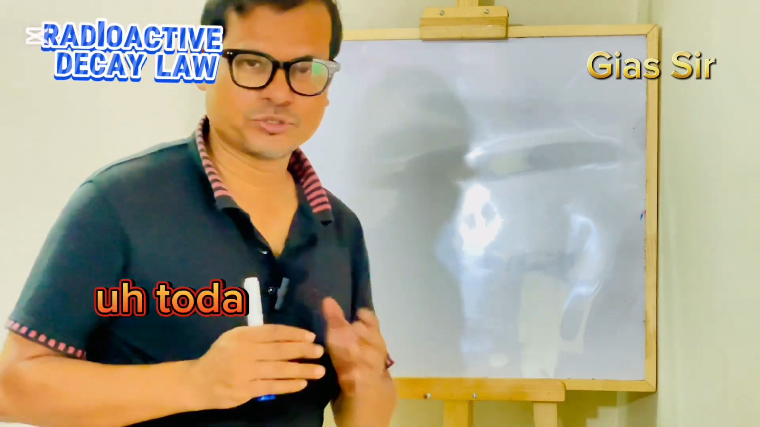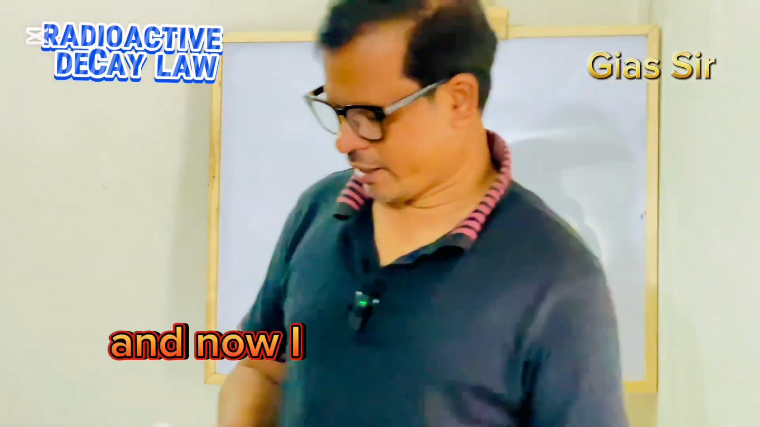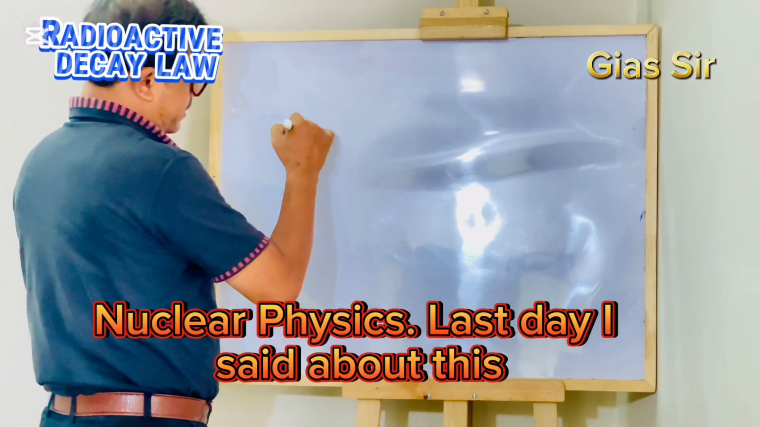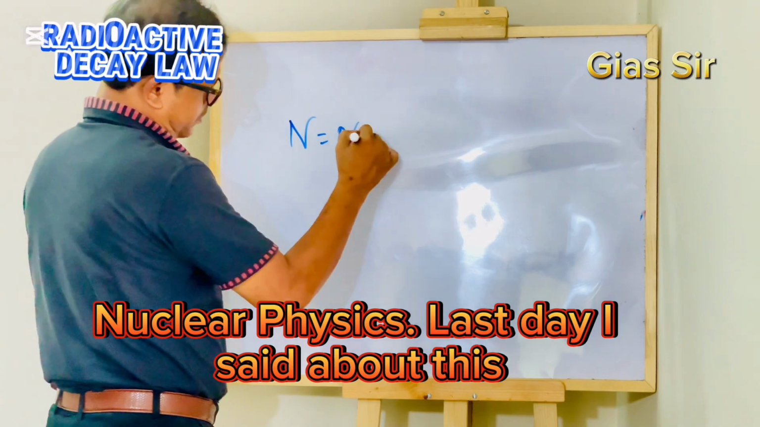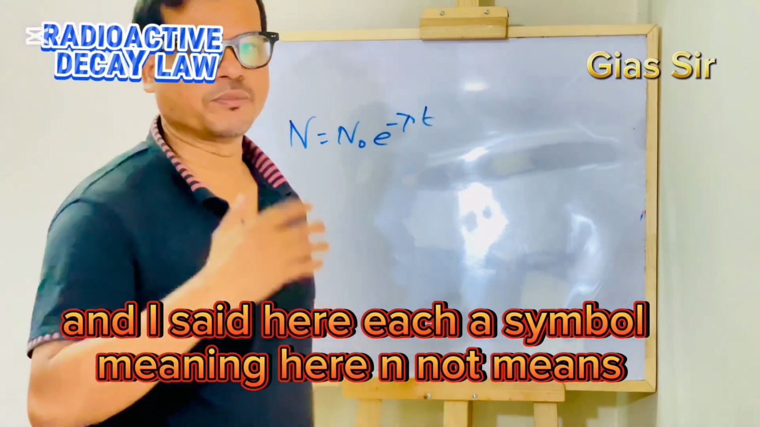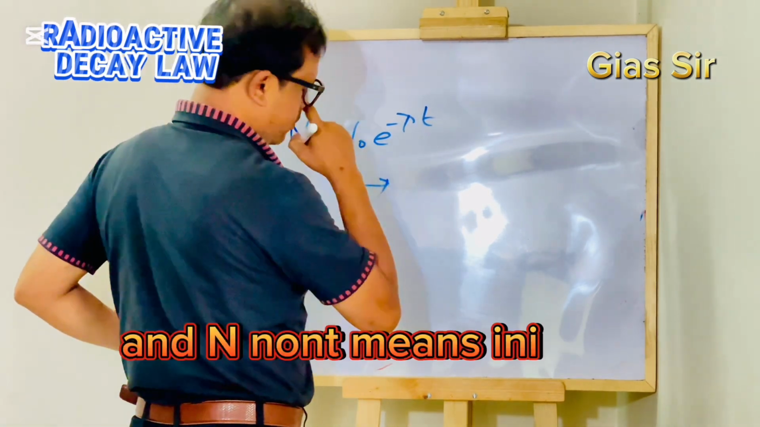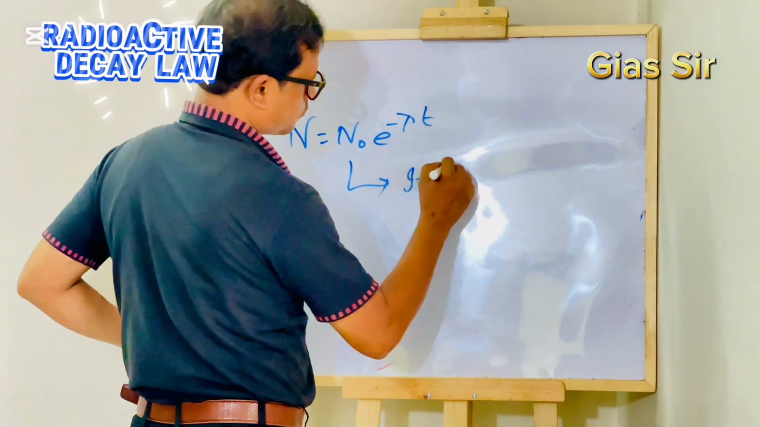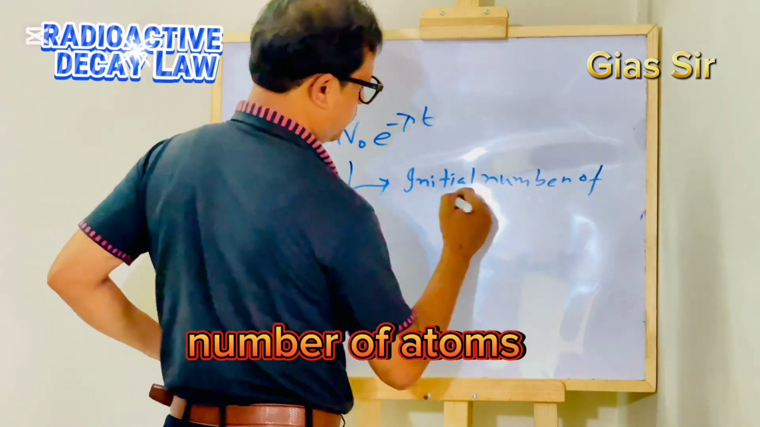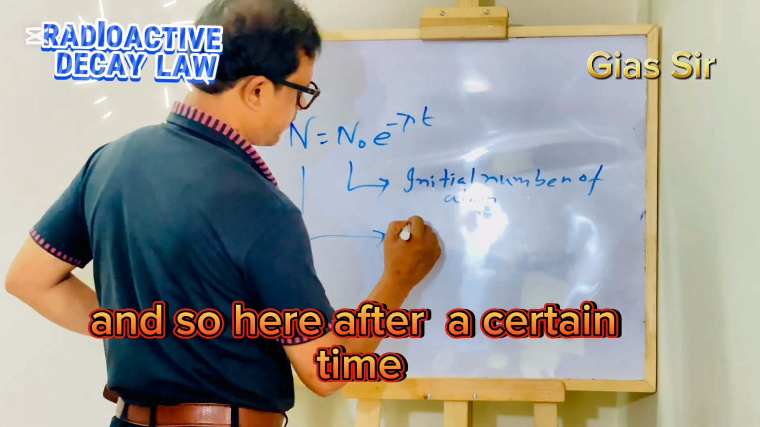After all, today SSC Physics second paper has been completed, and now I'll discuss nuclear physics again. Last day I said about this symbol meaning. Here N naught means the initial number of atoms. And after a certain time,